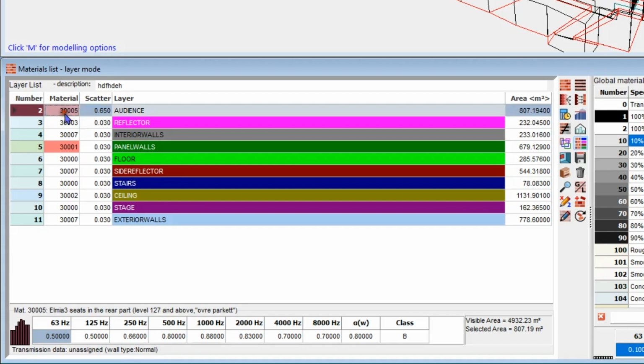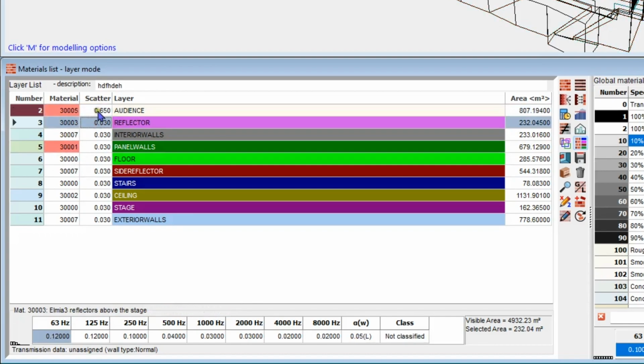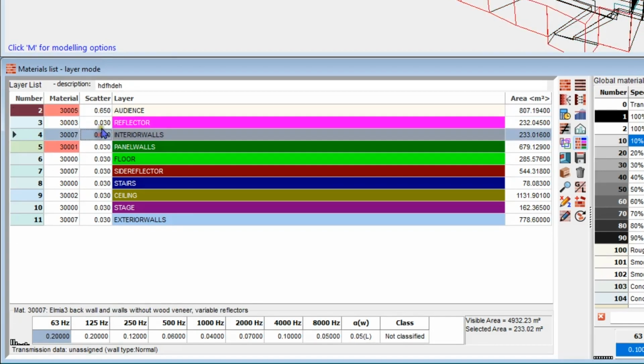saying, yeah, there are different materials on this layer, so be careful. If you just assign one new material to this layer, then all the entries on that layer will get that material, and you might overwrite multiple surface materials on the same layer. So these two layers, layer 2 and layer 5, you should be a little bit careful about, because there are different surface materials on these ones.